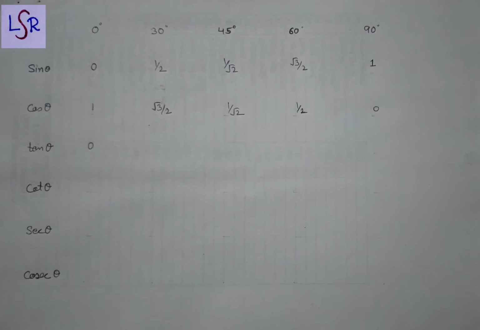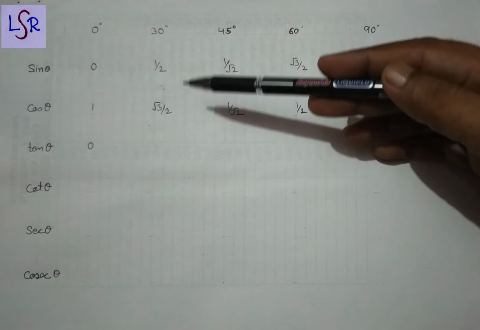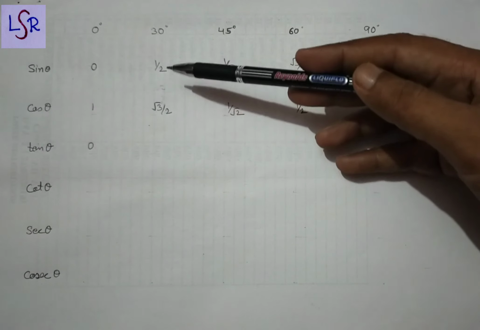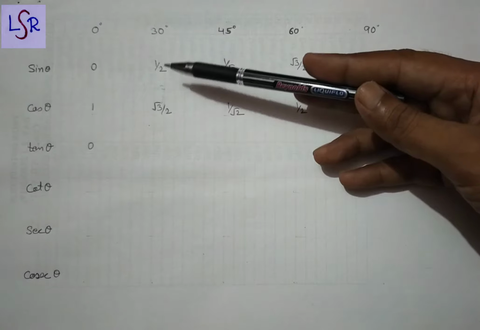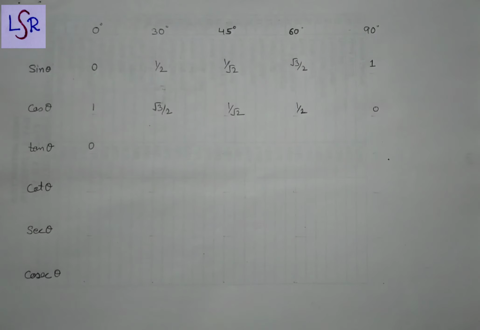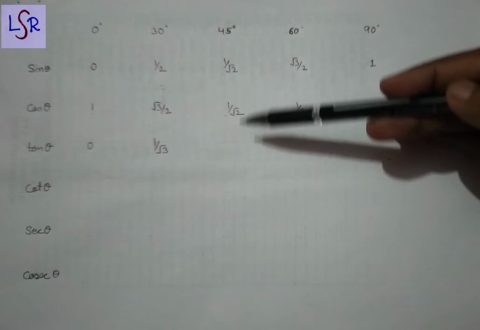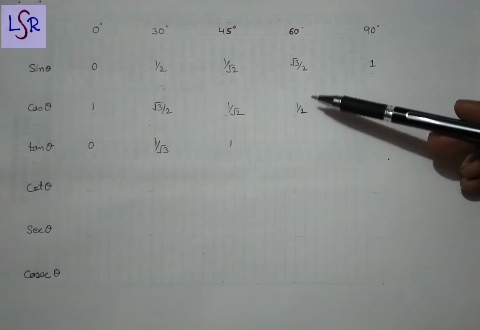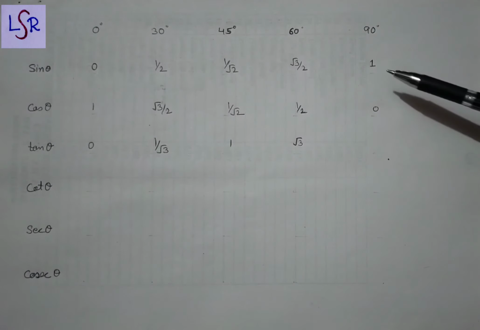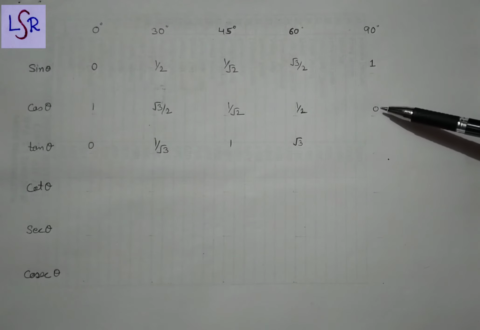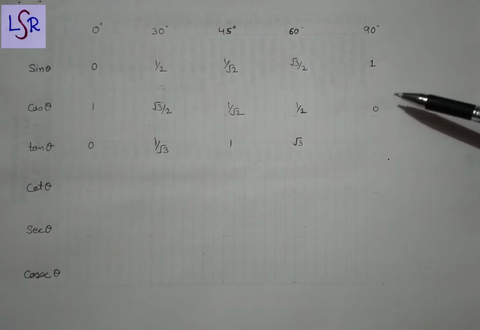Then 30. Tan 30 is just a division of these two, and on dividing these two we can cancel out the two denominators and we're left with 1 by root 3. Then in case of 45, they both are equal, so they cancel out and we get 1. Then in case of 60, again 2 will be cancelled out and we will be left with only root 3. Then we have the 90, that is 1 upon 0. If any number is divided by 0, then it is not defined. So we can write infinity or not defined.